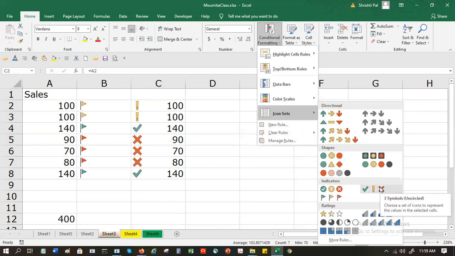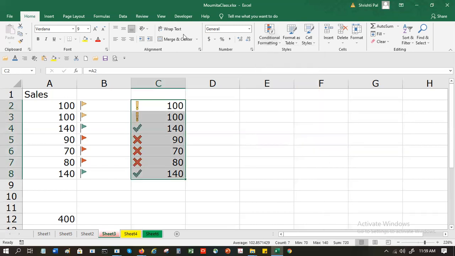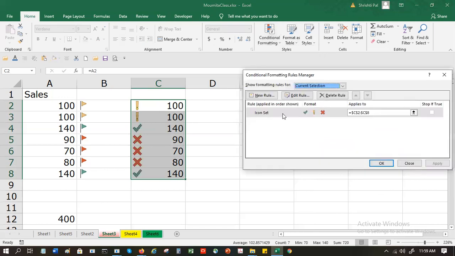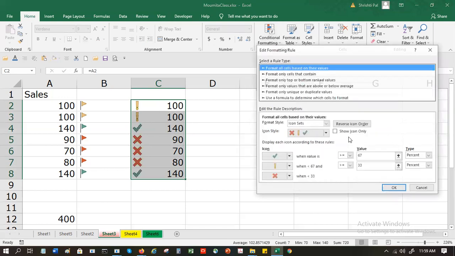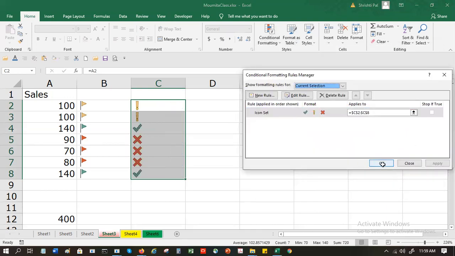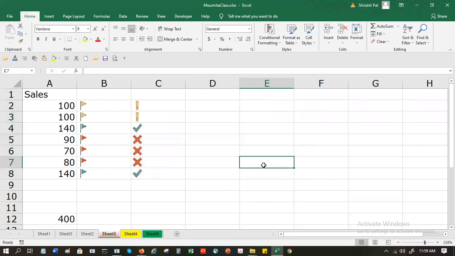Often in status reports I have to show the progress of certain tasks, how much of it has been completed, how much is left. So I can go here, manage rules, edit rule, show icon only. That's it.